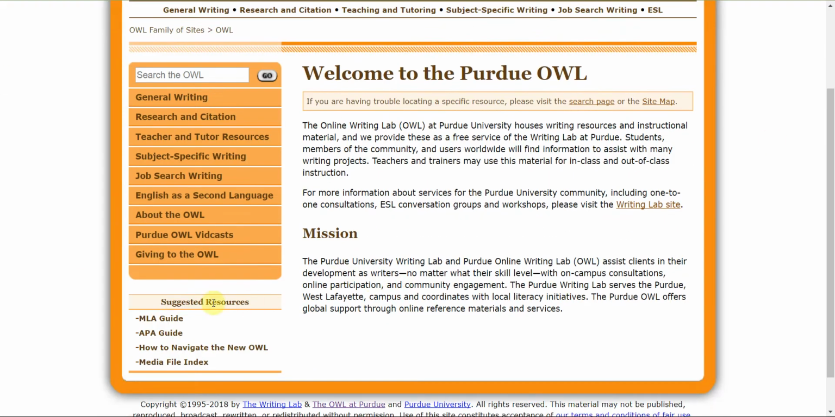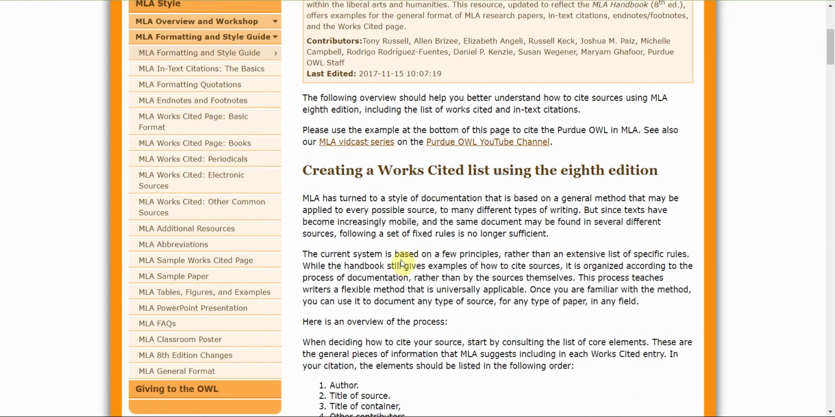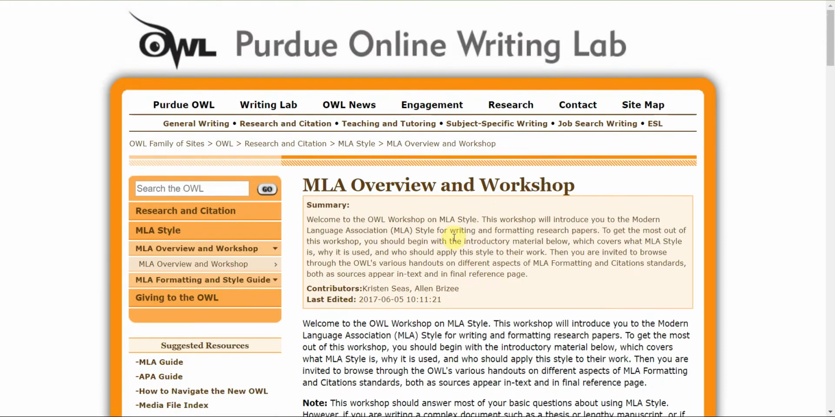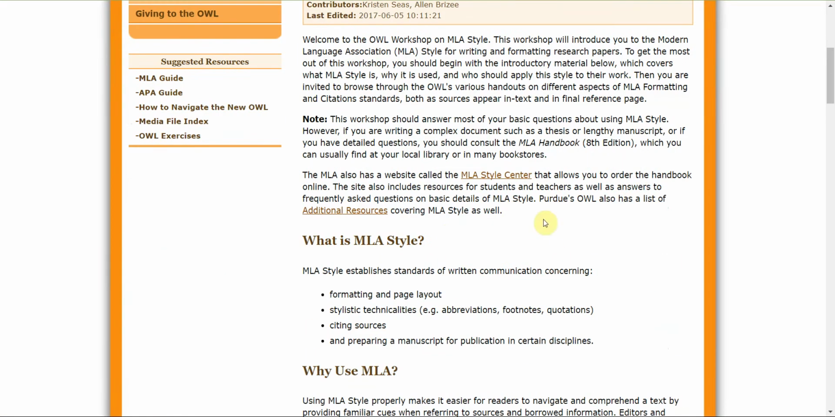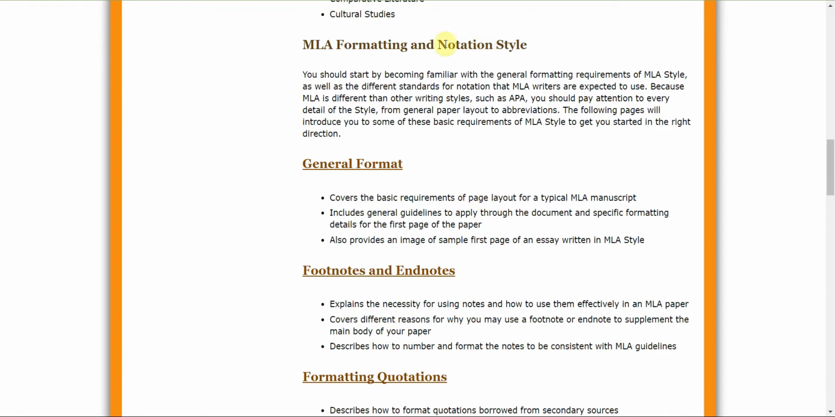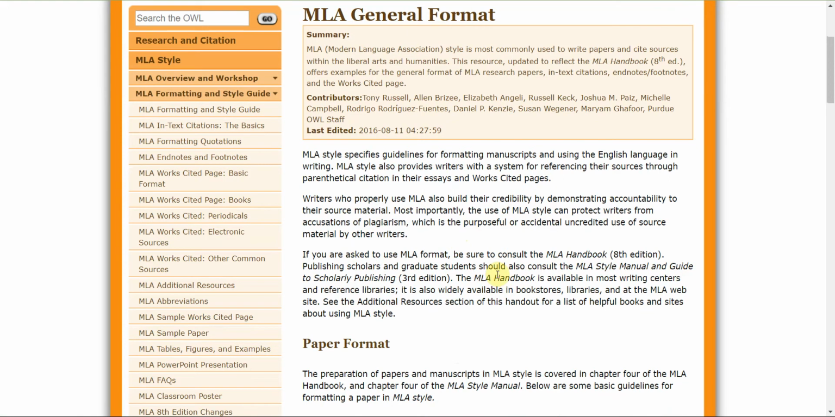So what you really need to concern yourself with is the MLA guide, which is linked down here. So when you go here, you will have a lot of different options. So you have a lot of places that you can go, essentially. And I think it helps to start with just the MLA overview. When you go to the MLA overview, you'll get some areas that are just kind of telling you what MLA is. But if you scroll down, you'll come to this list and it'll have general format. So clicking on that will take you to a page that shows you how to format